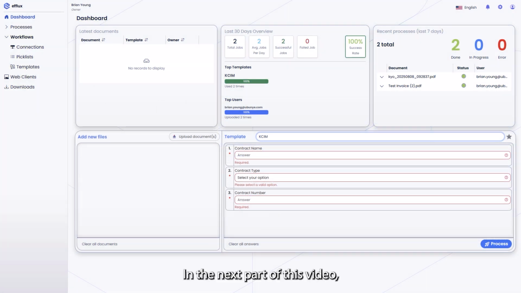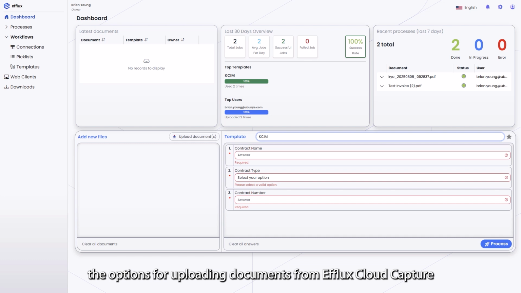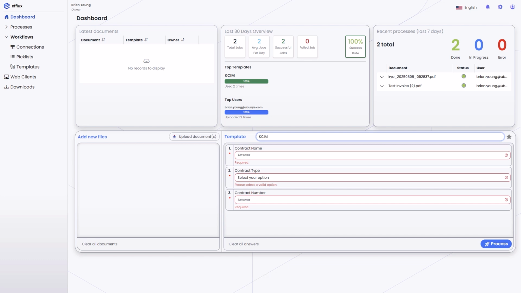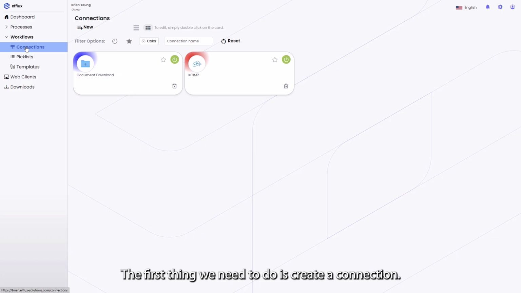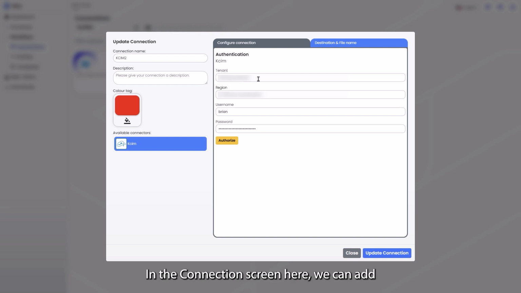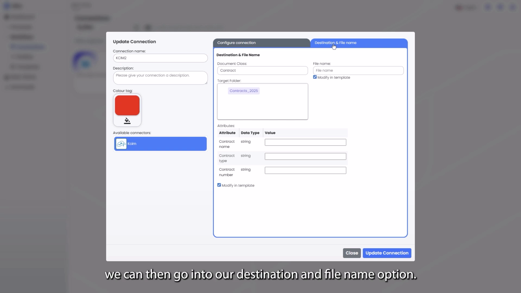In the next part of this video, we're going to explain how we can configure the options for uploading documents from Efflux Cloud Capture into Kyocera Cloud Information Manager. The first thing we need to do is create a connection. In the connection screen here, we can add the tenant, the region, the username and the password. Once we've done that to connect to the right instance, we can then go into our destination and file name option. Here we have our document classes,